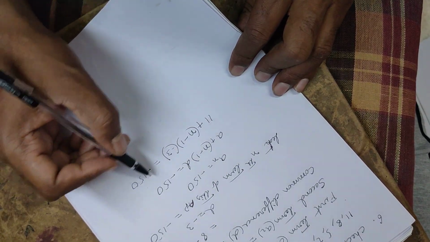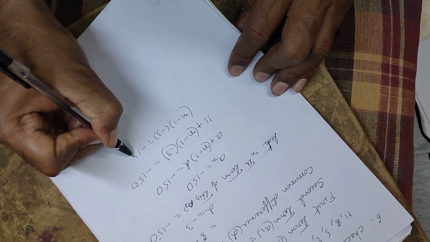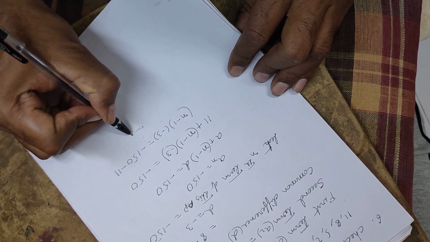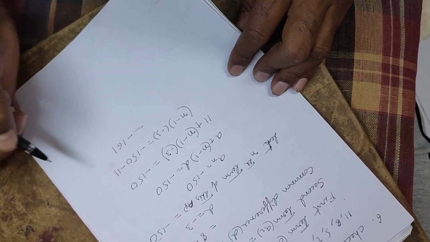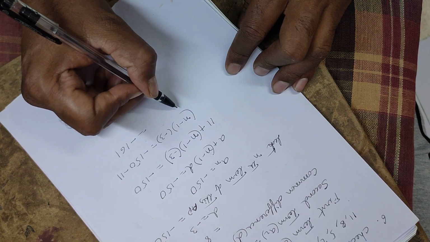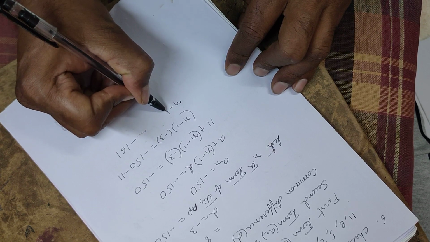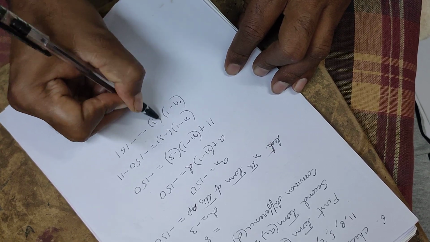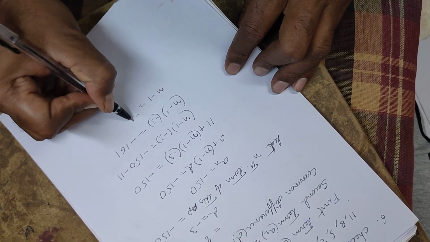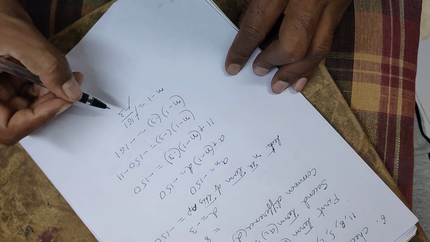Now bring 11 to this side. This n minus 1 into minus 3, keep it as it is. Minus 150 minus 11. Both are minus, so the minus symbol you have to keep and do addition. So you are getting minus 161. So next, n minus 1 into minus 3 is there like this only. So make n minus 1 the subject: minus 161 by minus 3, minus minus cancelled.